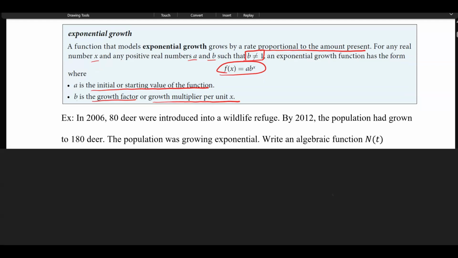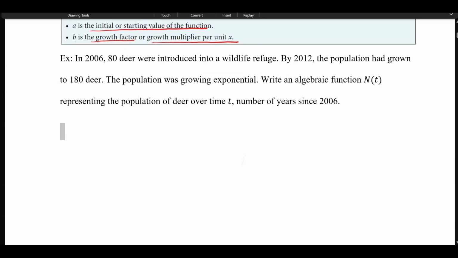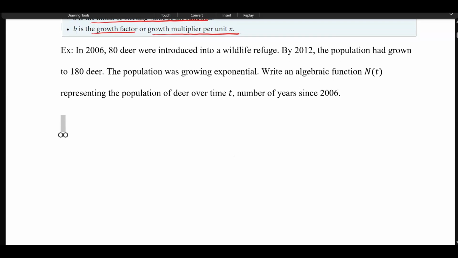Okay, so let's take a look at this example. In 2006, 80 deer were introduced to a wildlife refuge. By 2012, the population had grown to 180 deer. The population was growing exponentially. Write an algebraic function, n of t, representing the population of deer over time t and the number of years